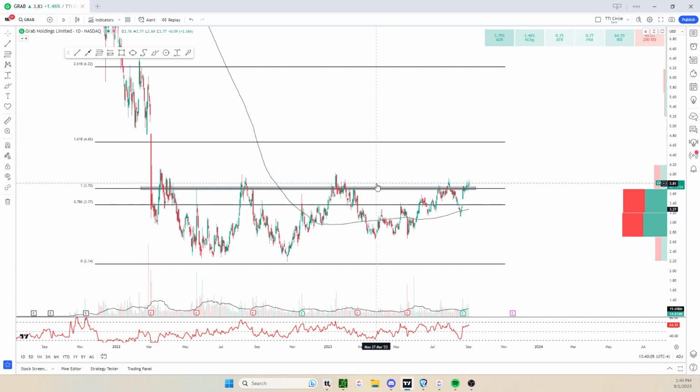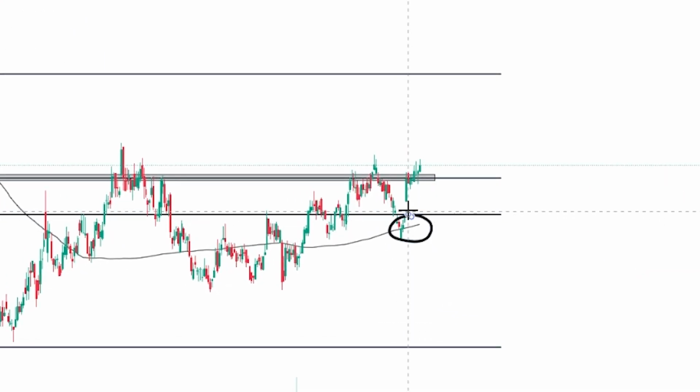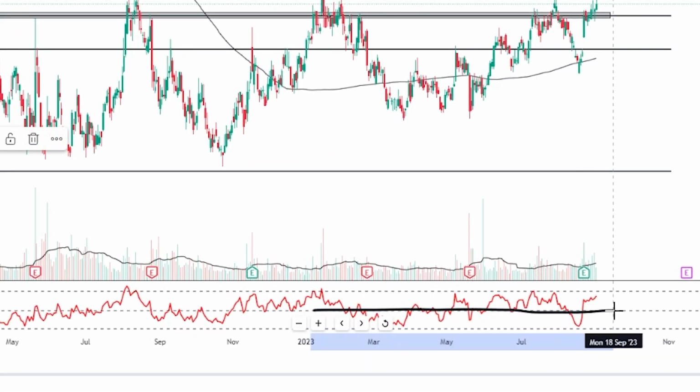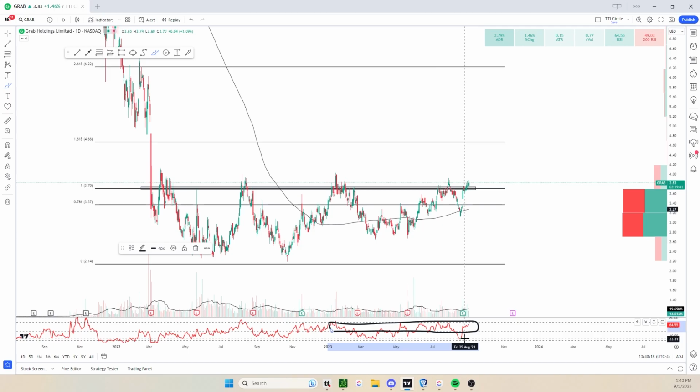Overhead supply here, somewhere around 375 to 380. We like it pressing up into this resistance area. We're above the 200-day moving average and it's sloped up. We love that. RSI for the most part all year has been trending above the 50. This is a bullish momentum regime. We have had intermittent dips, but the 200-day moving average has held up well. And so we're going to go ahead and say this is a bullish momentum regime as we press into the